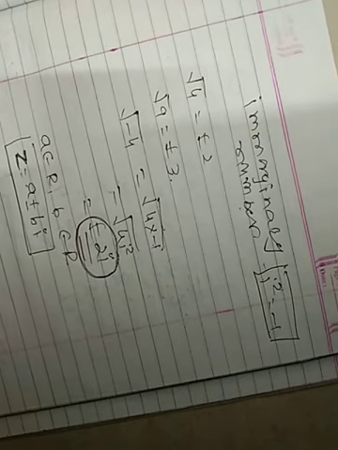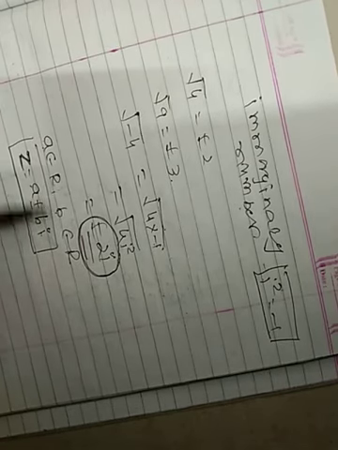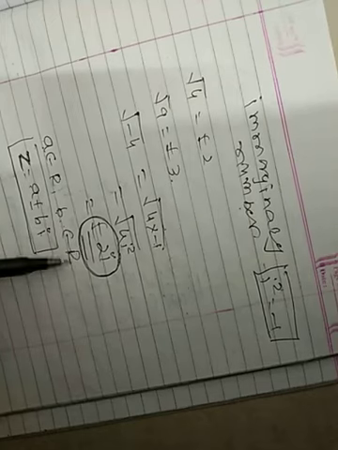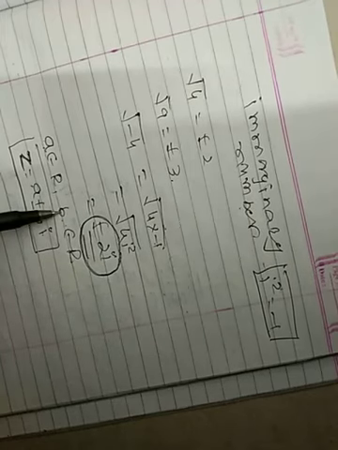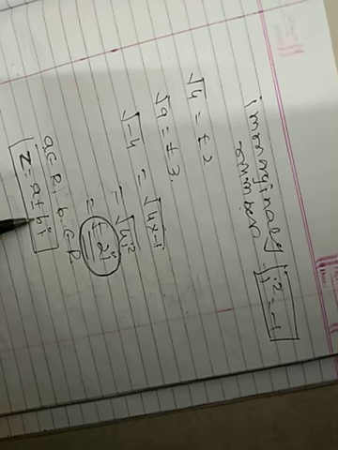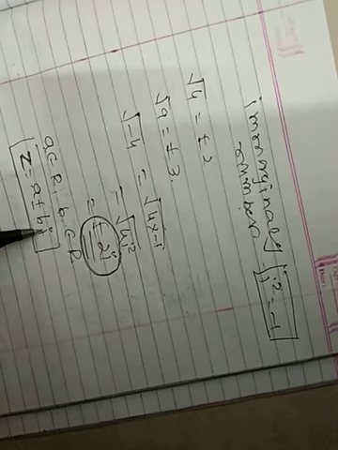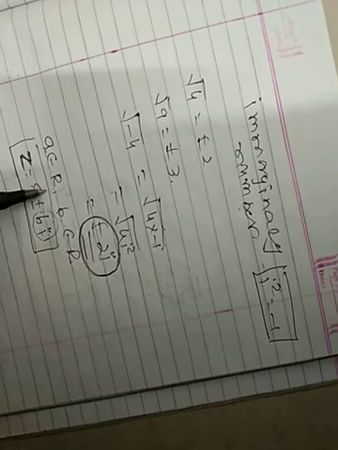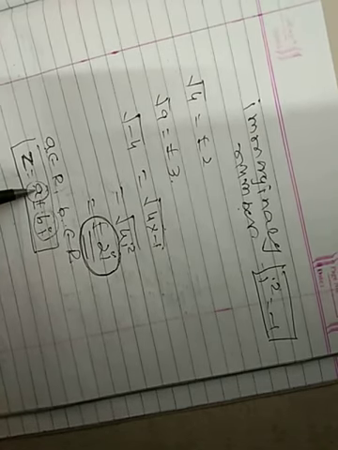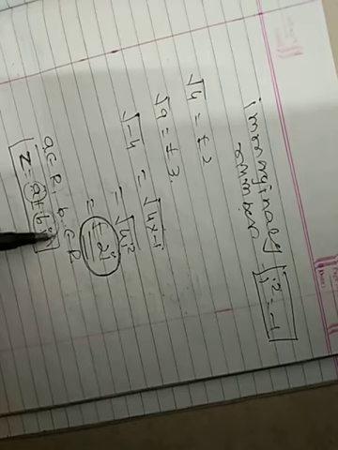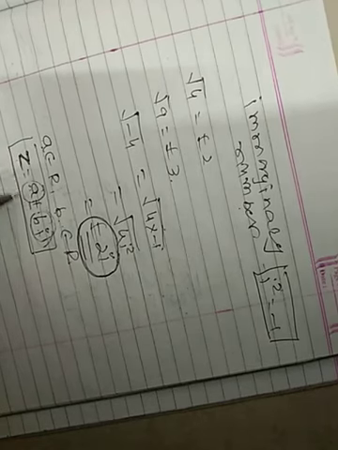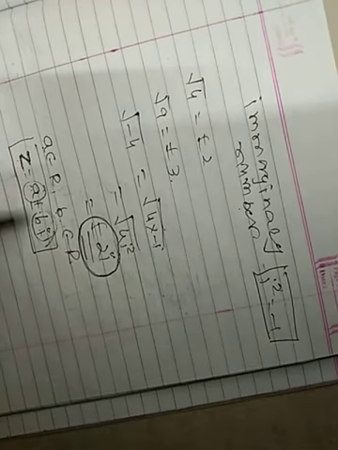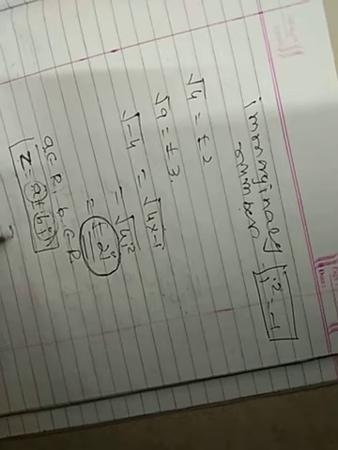Again I will repeat, what is the complex number? A and B belong to R. B is associated with I, otherwise B is multiplied by I. I means imaginary number, that means BI becomes an imaginary number and A becomes a real number. Real number and imaginary number associated with either plus or minus, it is called a complex number, and this is the general form of complex number. The general form of complex number is Z is equal to A plus BI.